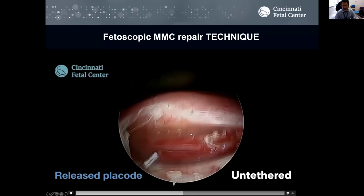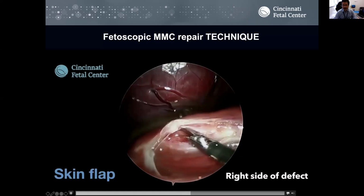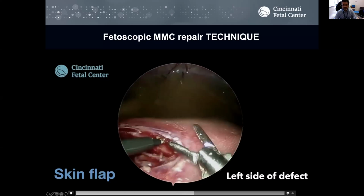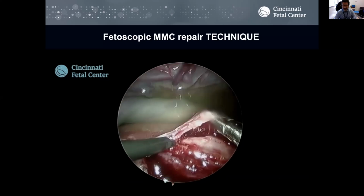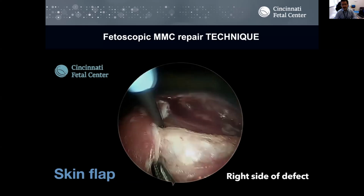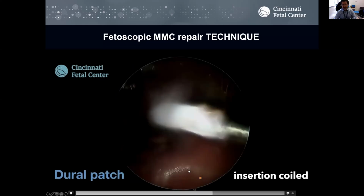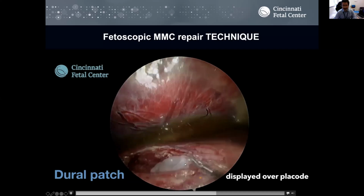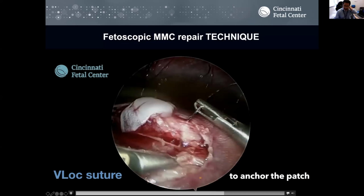You can see here all the roots. It's totally free, not tethered. And then we create the pockets underneath the skin to do the skin flaps laterally. Once we have a good lateral release, we make measurements of the patches. So we pass the patch, coil it inside the cannula, and then with these little stitches, we can fix